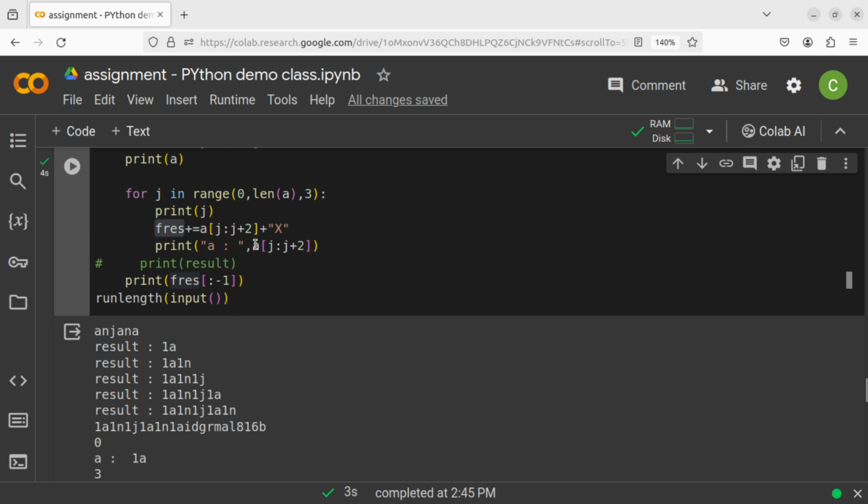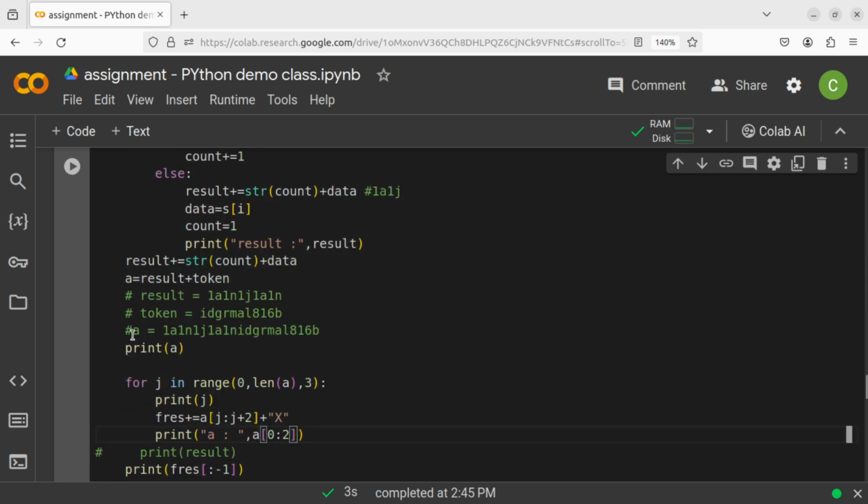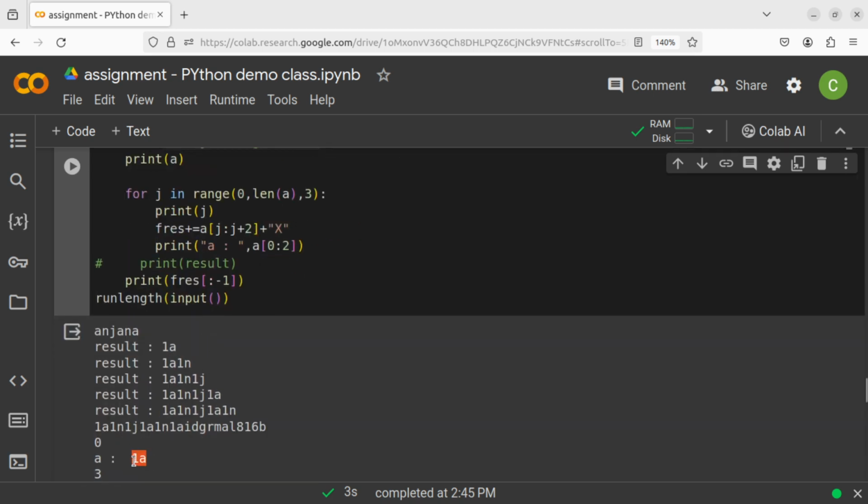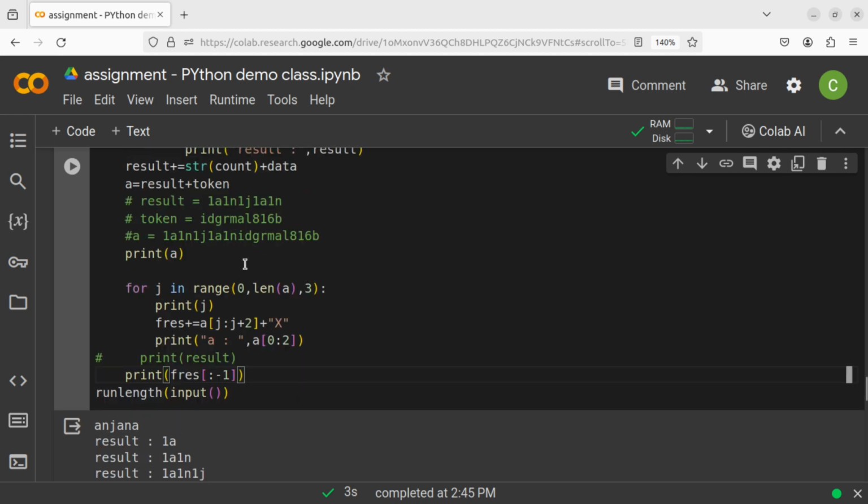This will give as your starting value 0, j is 0, right? So this is your 0. Now what will be 0 to 2 in our A? The complete value is 1A. It will leave the last index, so 0 to 1, 1A. It will not count the end value. Clear? Understood. So in this first iteration this fres value will be 1a,